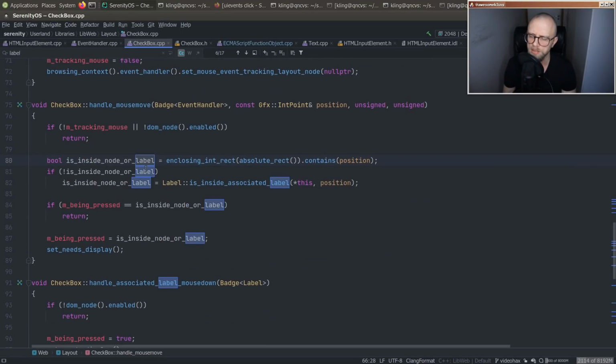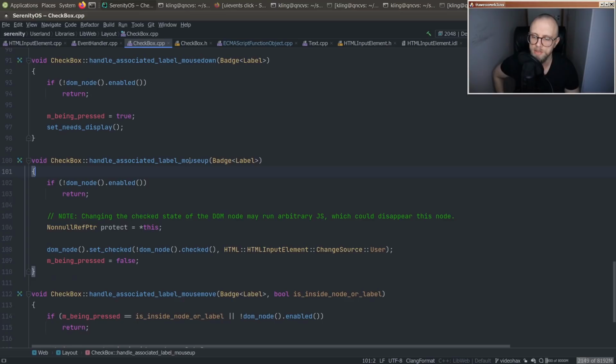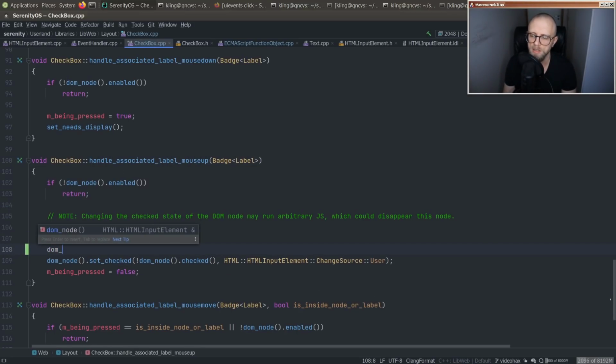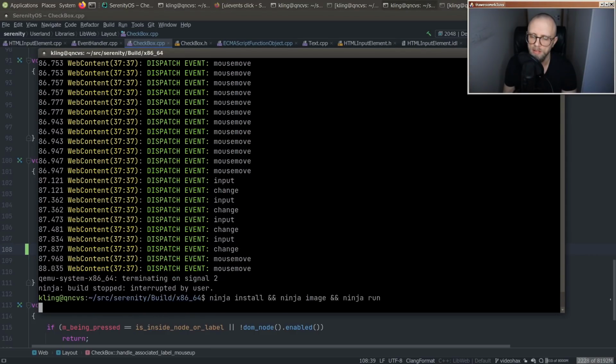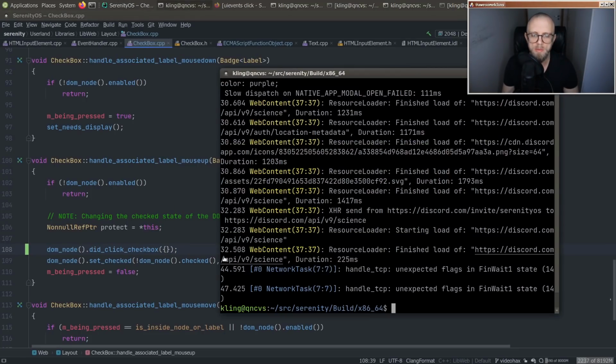Wait, how did that work again? There's a label mouse down thing. Associated label mouse down, associated label mouse up. When we get an associated label mouse up, then we toggle the checked state. So let's do the same thing right here. DOM node did click checkbox. Yeah, let's do the same thing there. If you're clicking on a label, we should be able to